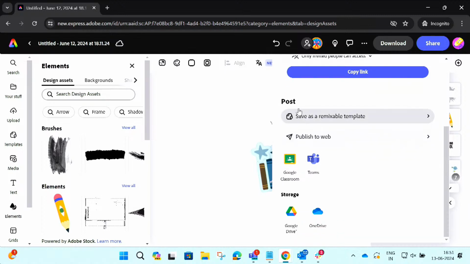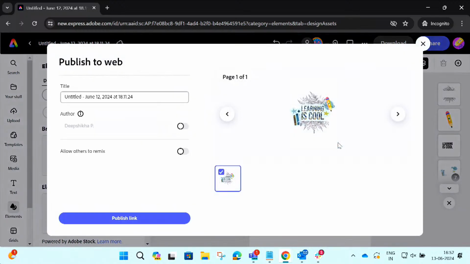Now, if you have to post it somewhere, maybe on Google Classroom, maybe on Teams, you can do that by clicking on publish to web. So here I can see that the title is here. I can just write it as learning and then author. If you would want others to know that you have created it, then you can turn it on, and at the bottom you will have the author written and publish link.